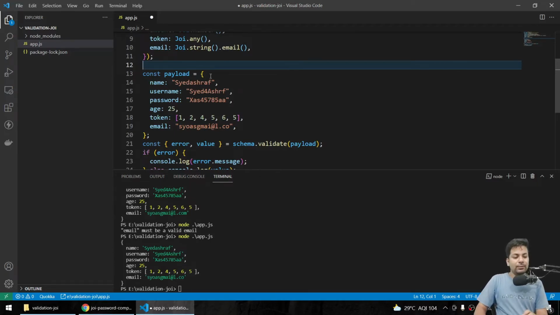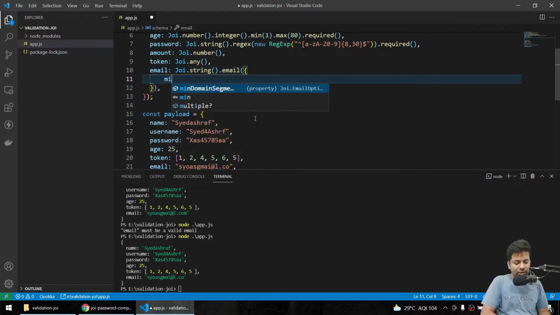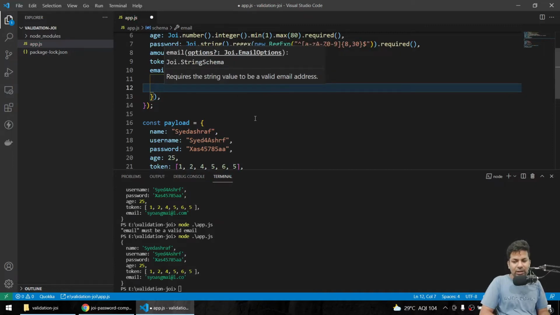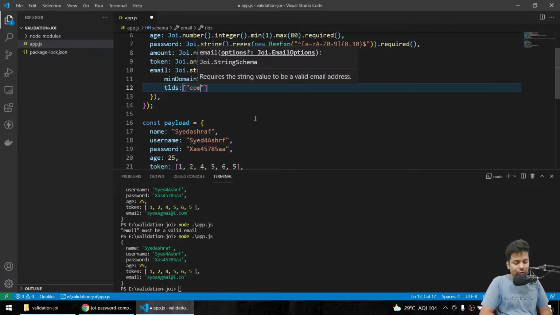So what you can say in email is, firstly, minimum domain segments, so that will be like 2. Now here you specify the TLDs you'll accept, so I'll only accept .com and .in.